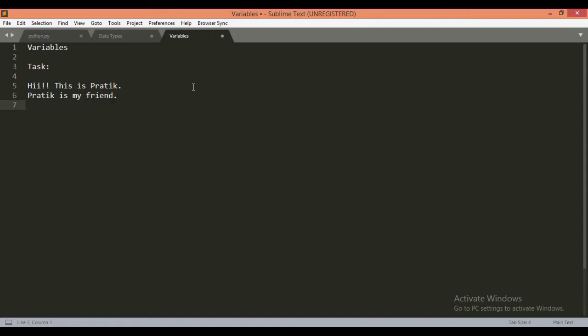Pratik is my friend and Pratik also loves Python. So instead of using Pratik so many times, we can create a single variable in which we can store this name Pratik and then use it whenever we require. So let us do that.